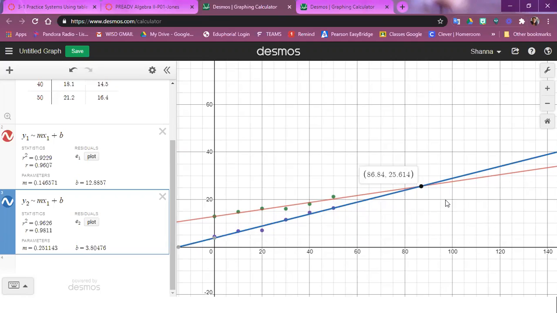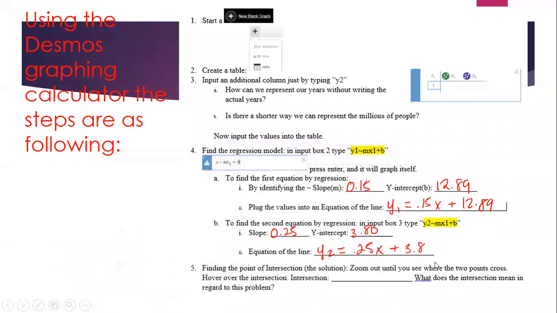Did we all get the same thing? Okay, so our answer here. So we end up with 86.84,